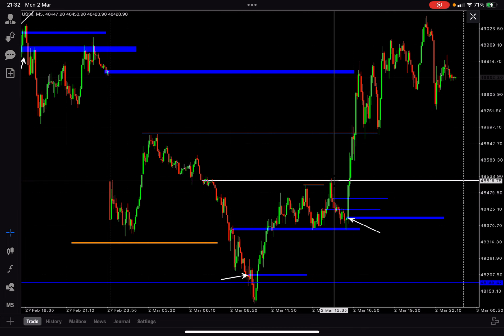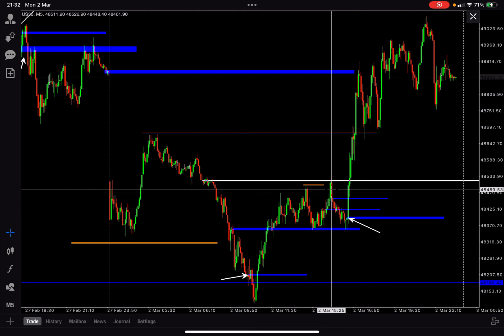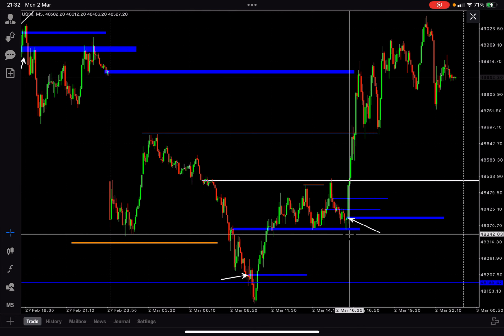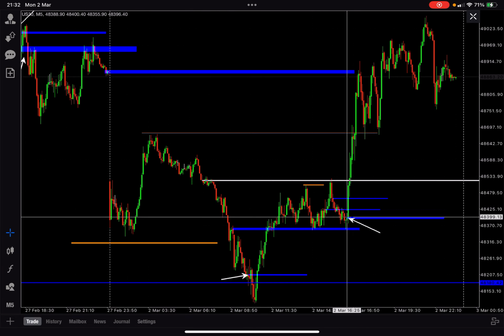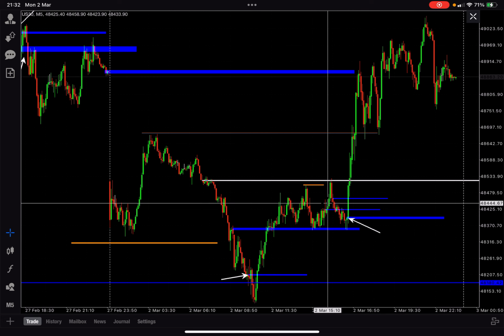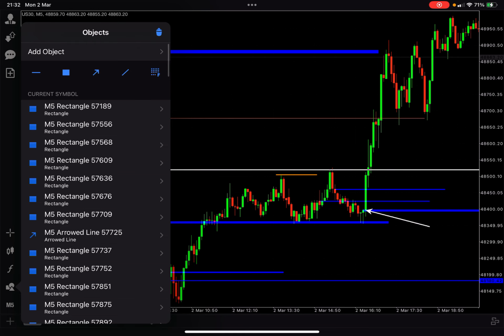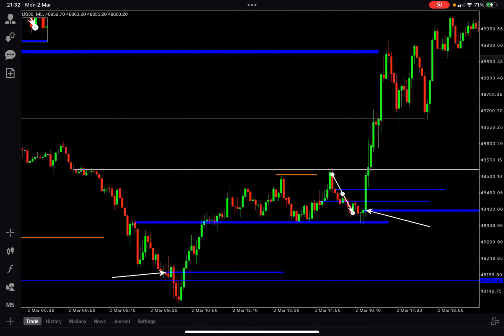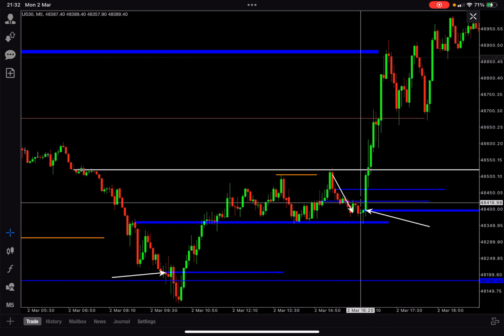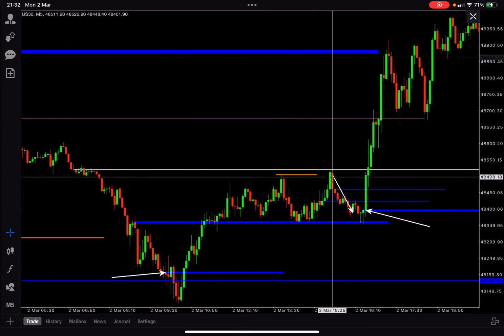Retested the mop. That was the final confirmation for me. Got into the sell. Price went down. And like I always say, this is an early sell setup. So you would be selling from here, like that. And then by the time of the New York Open takes place, you want to manage that sell